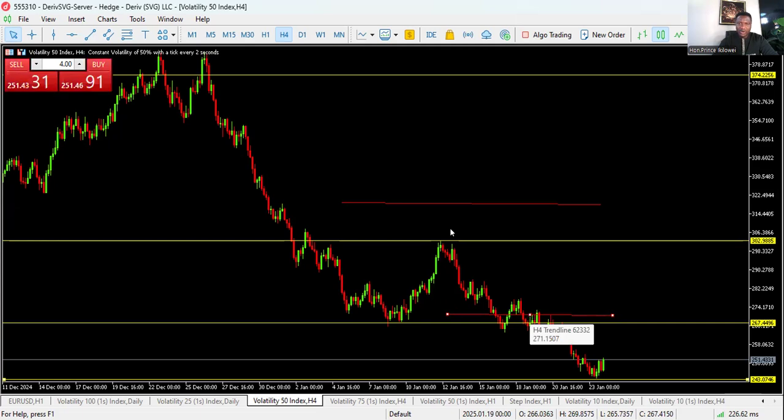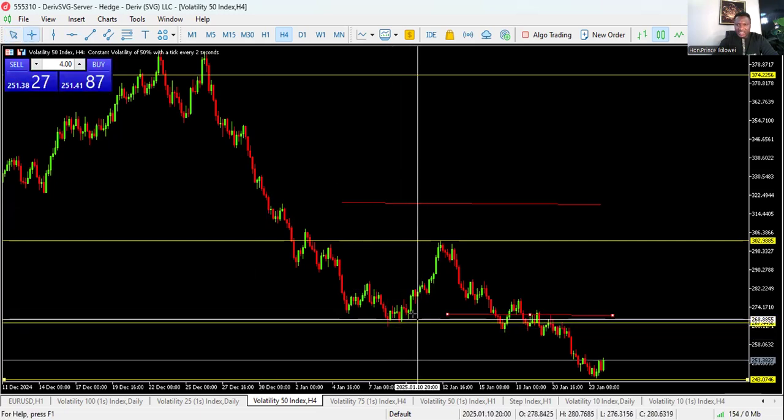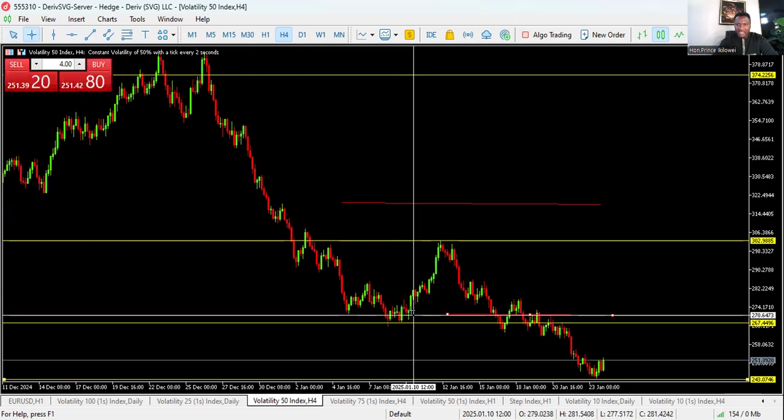If you put your cursor there, even if you are using a phone, it's the same thing. When you put your cursor here, you see that this is a sell stop. You put your cursor here, and the sell stop number is 270.3956. You write it down on paper, or you just go to your MT5 or MT4, and then you type the number, and then you place that trade.